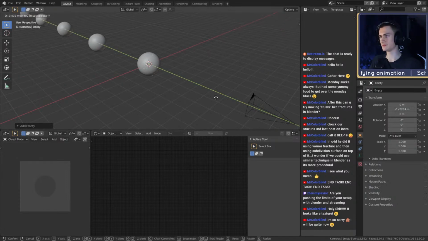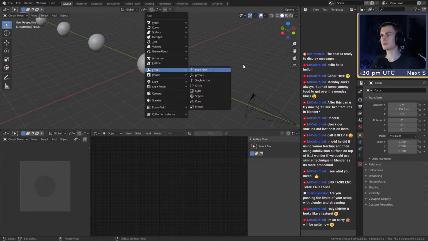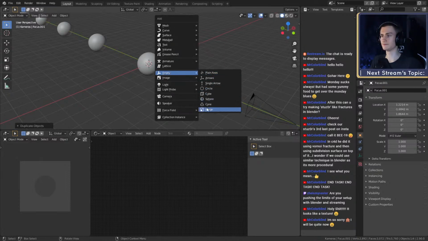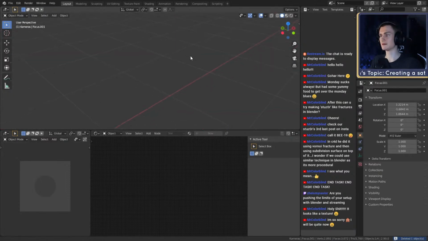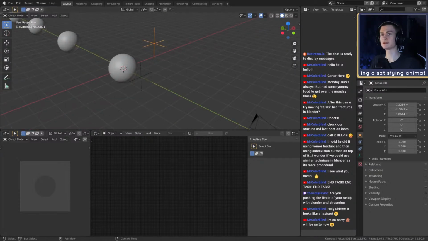The first one right there, call it something like focus. And the next one, we can just duplicate this. We can of course use another one as well, like a cube, but I think an empty works best because you have this middle point right there where all these lines intersect, and we can call this DOF for depth of field.